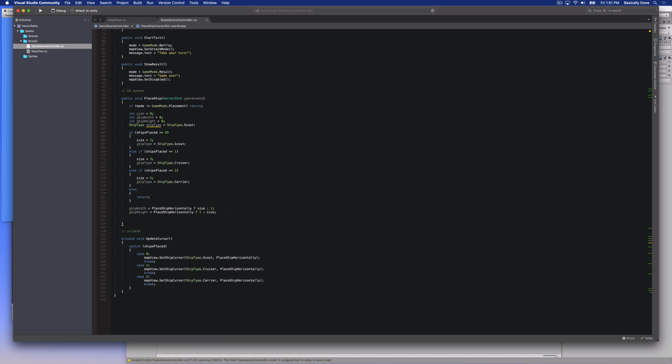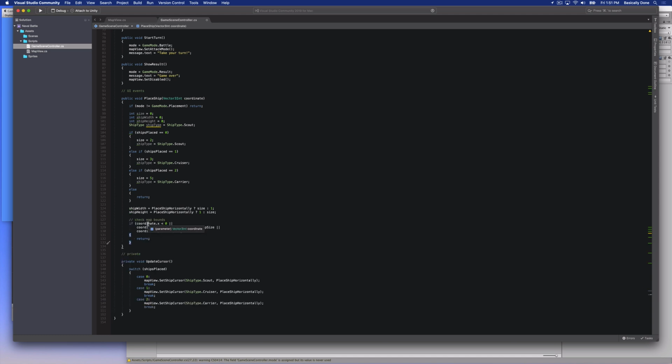So continuing on, let's check the boundaries. First, we're going to check the boundaries of the map. And that's pretty straightforward. We just need to see if they're less than 0. We don't want it outside on the left-hand side. And if the coordinate that they're in plus the width of the ship minus the space that their cursor's in is greater than the width of the map, then we don't want to allow that. And similarly with the height,